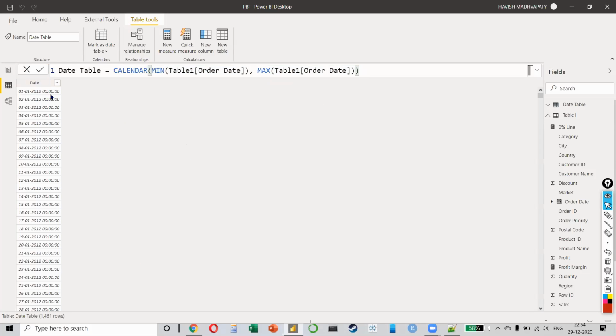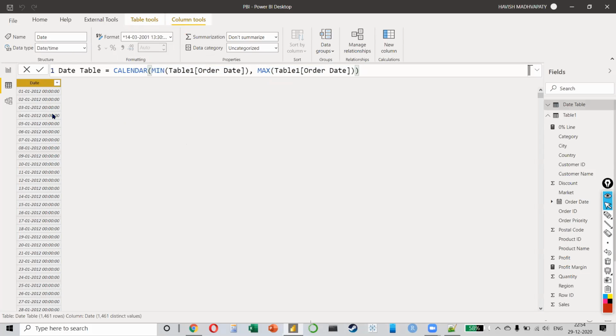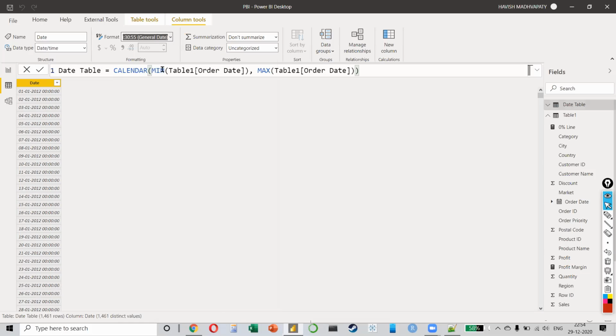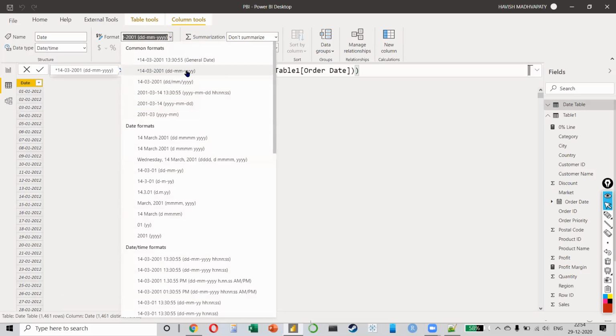Now, if you notice, we also have the time value, 12 midnight, 12 midnight, 12 midnight. It doesn't make sense to have all the time values, no? So just change the format into DD MM, YY. We don't need the time format here. If you want to keep it, you can, but then what's the point, right? So just remove the time format, select it and change it into DD MM, YY here.